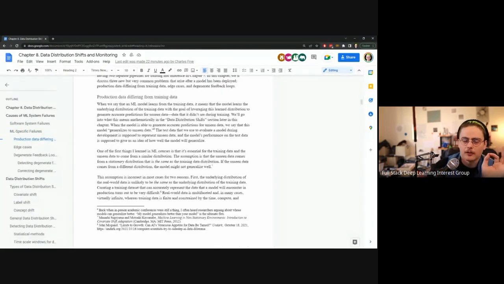But jumping back to the first point that you raised, Daniel, on production data differing from training data: in the ideal case, you draw training data that looks exactly like what you're going to see in production, and there are definitely tons of cases where you can do that. For example, if you're automating away something that is currently done by a human team, then you have data directly from the human team operating in production. And so you don't have as much to worry about. As you said, drift over time is maybe the only thing happening.